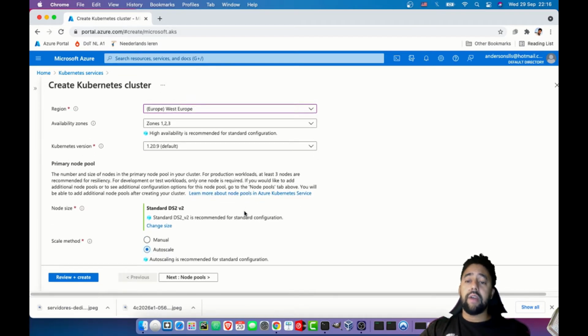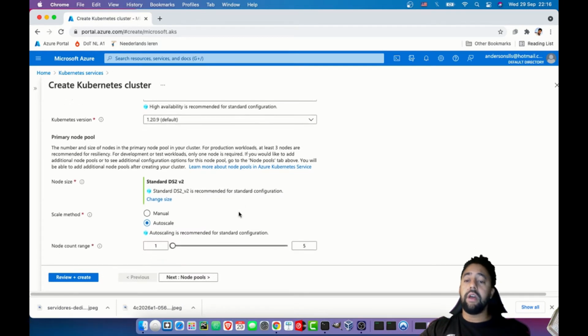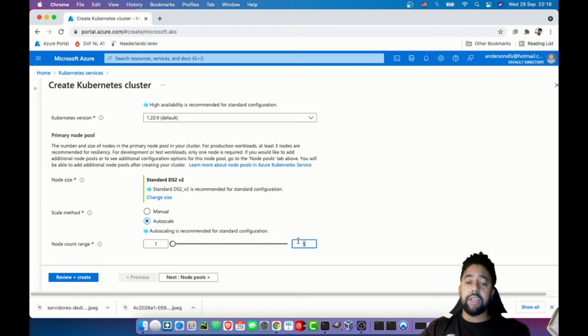Also, the node size, which is the size of your node, I'm gonna leave as default as well. The autoscaling, let's change it for 3. This is the minimal amount of nodes that we want running in our Kubernetes cluster. So the autoscaling is gonna make sure that we are gonna have at least 3 nodes running, okay? Okay, we can review and create already, but let's jump to the next session